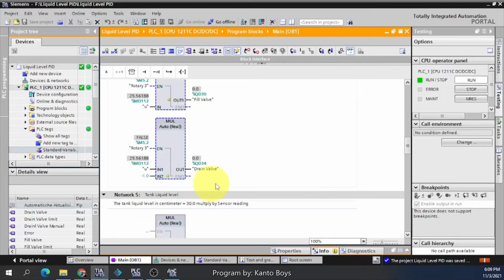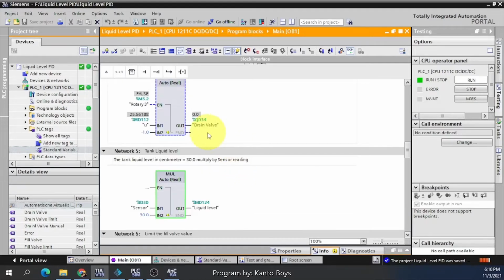If the set point is below the liquid level, the controller output is negative, so we need to multiply by -1. Meaning the negative controller output multiplied by -1 becomes positive, so it will open the drain valve to drain the tank to the desired set point.